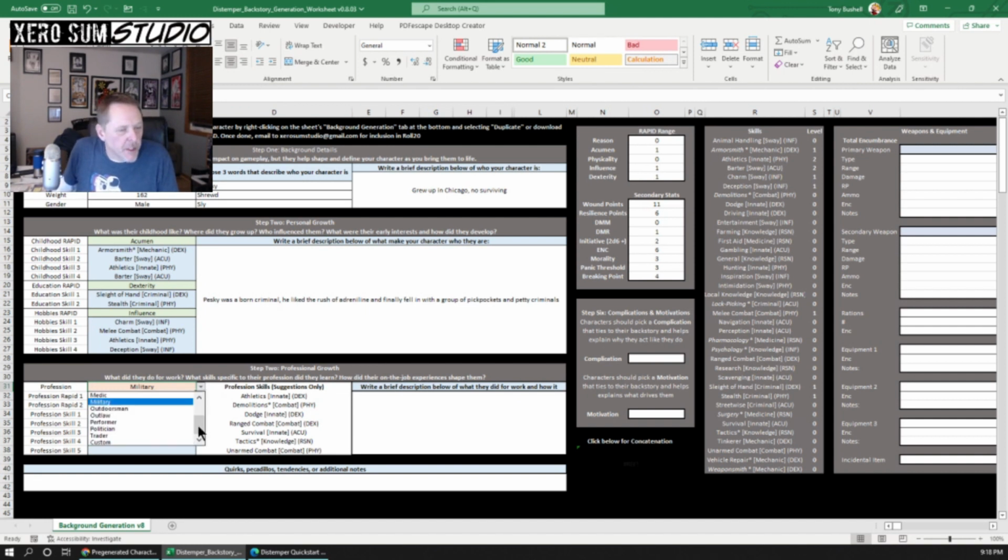So Pesky, I've already decided, is going to be an outlaw, which is a petty criminal. As you can see, when you pick one of these, and this is what isn't working correctly if you go online, you pick one of these and there's a series of skills that are really just suggestions, right? These aren't classes, this isn't hard and fast, these are just thematic, right? So you get to pick the final 2 attributes. He liked to fight a little bit, and he was good with his hands, had light fingers, sticky fingers. And again, I'm just going to go through and randomly pick a couple of different skills to finalize this out,